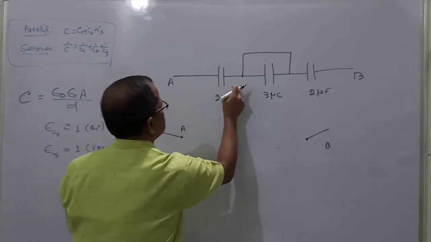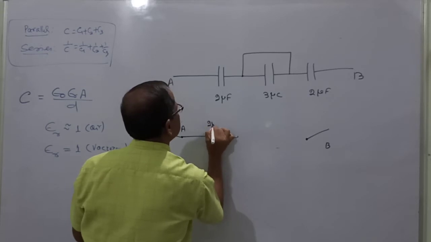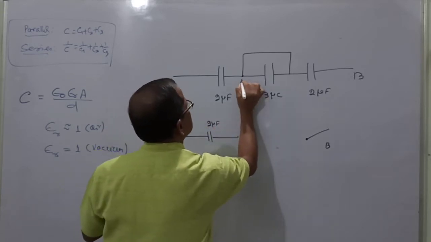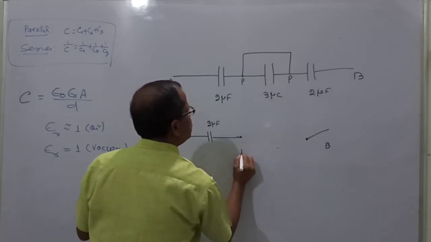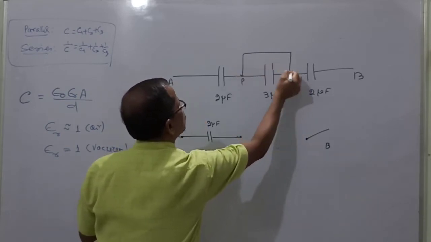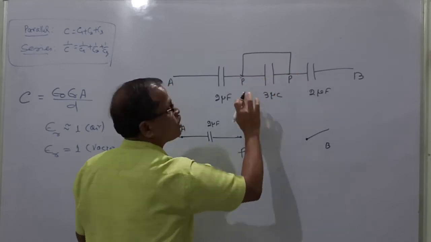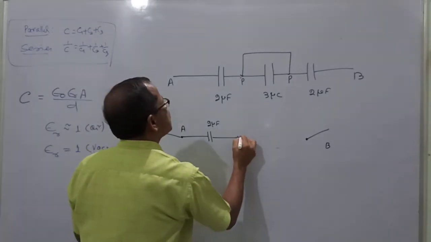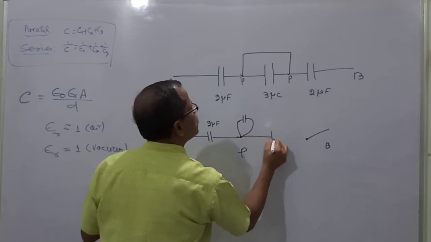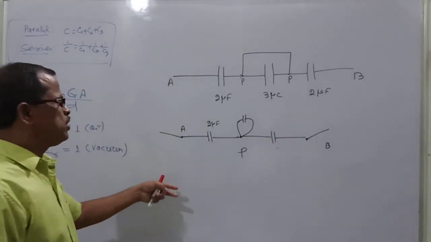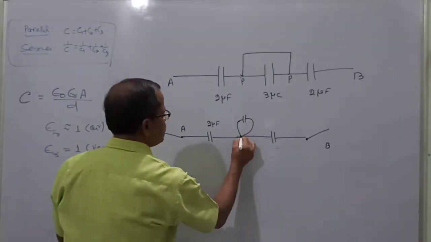Now from A to this is capacitor 2 microfarad. And for this capacitor, let's say this point is P, then this point is also P. Let's say the name of the point is P. From the point P again to the point P, because these two are at the same potential, I have to give the same name, not a different name. So that's why there is a capacitor connected like this, again to the same point. This shows that this capacitor has no meaning, as it is connected to the same point.